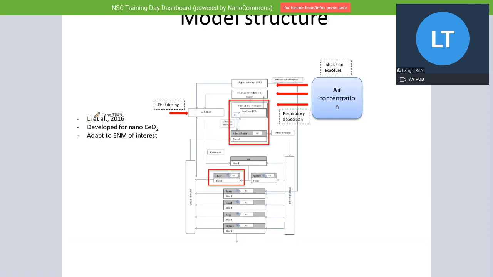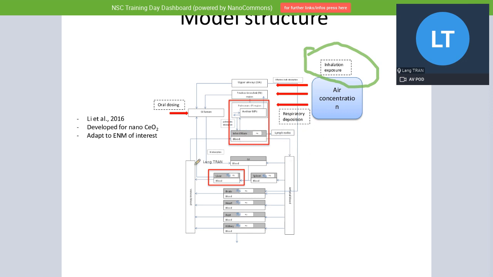So this is the kind of model that I work with at RIVM, and we have developed it. Basically, the most important part is to start from air concentration. This is an inhalation exposure scenario, okay? Then it goes into the lung, and the lung is described as this box up here. Most importantly, it is the alveolar region that we're looking into. From the alveolar, it passes on to the interstitium and then into the blood. Some of it will go into the lymph node and some go into the blood.